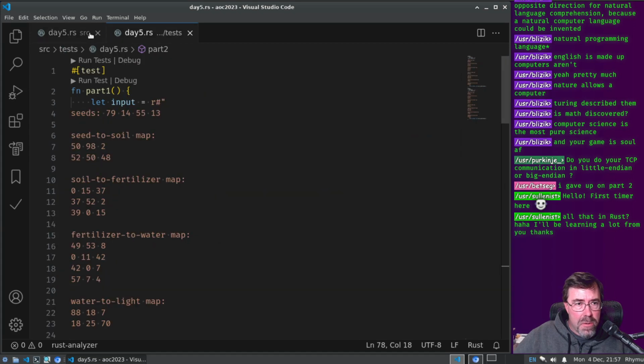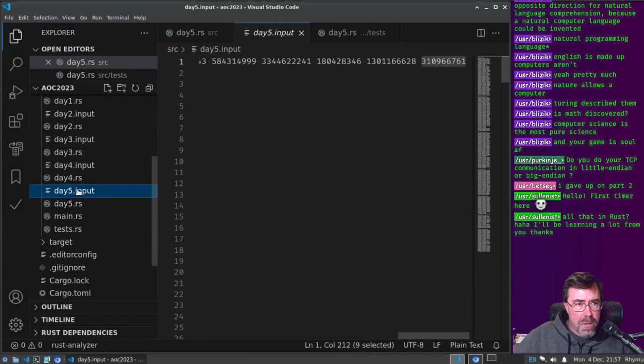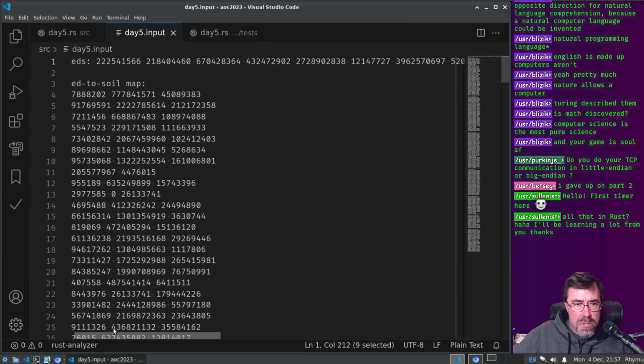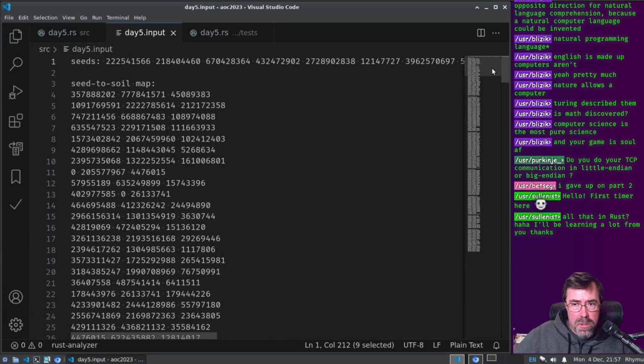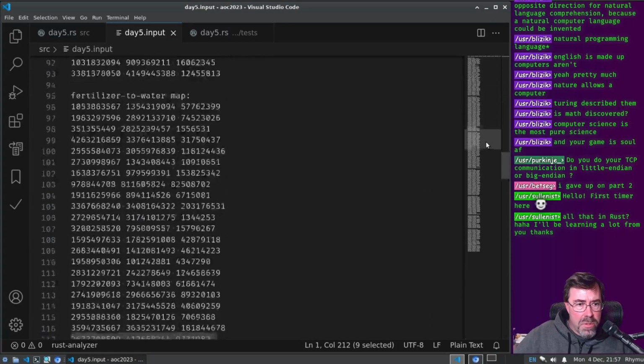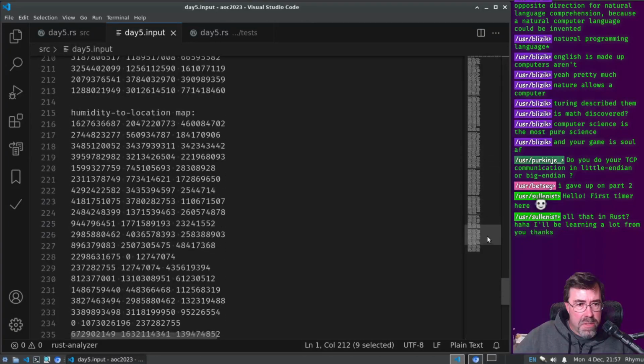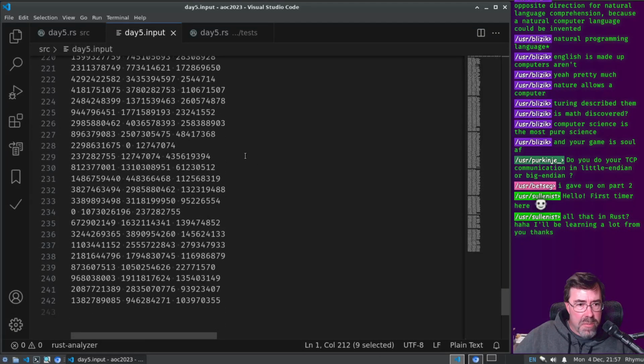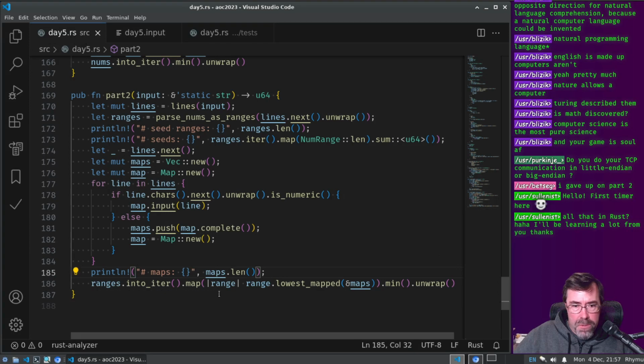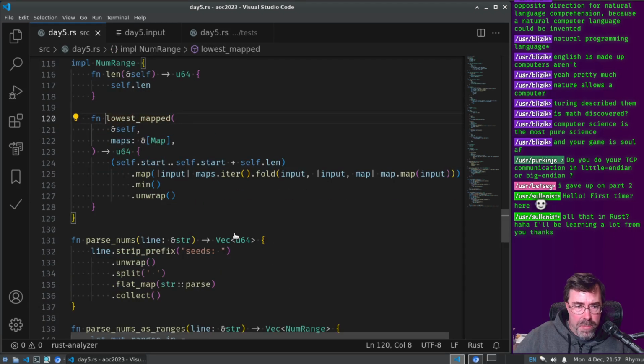Not too bad, right? Why do I keep closing it? I don't know. So are there 6? There's 1, 2, 3, 4, 5, 6. Yes, there are 6 maps. Okay, so then it's this mapping, right? So probably in lowest mapped, it's too slow, which is unfortunate.